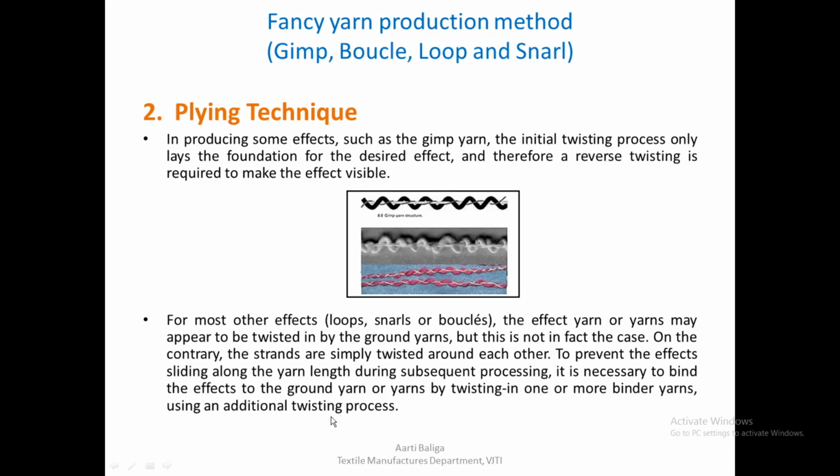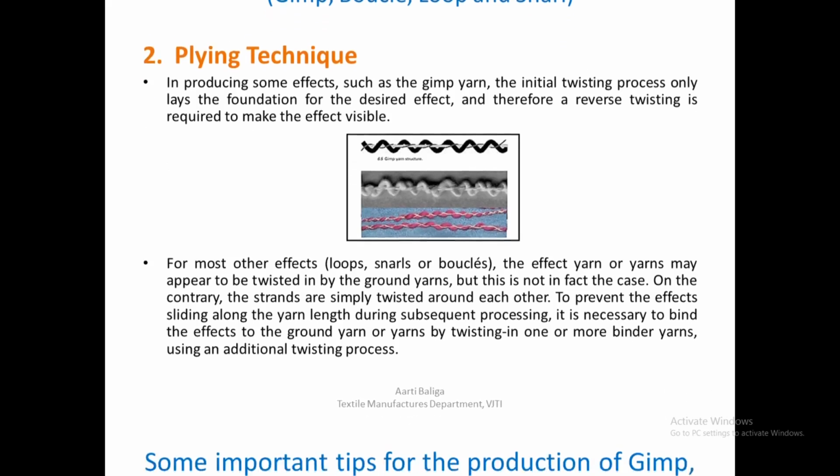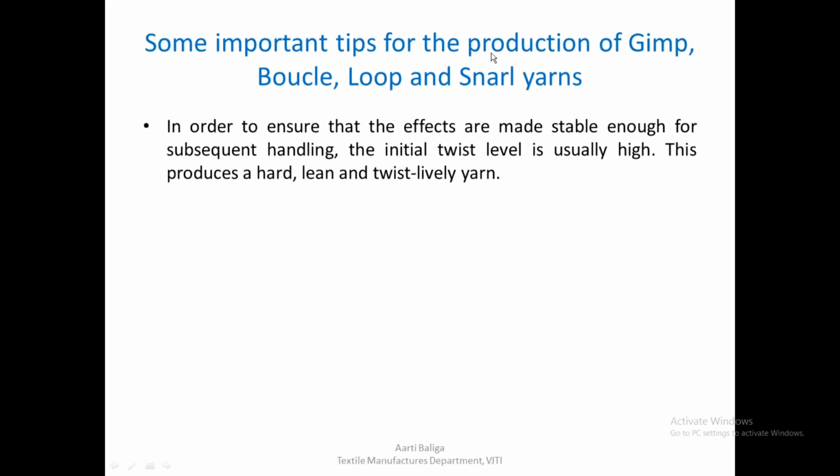So this is an additional twisting process. So we require two stages, one where the ground and the effect is brought together, and the second stage where the binder is made to twist along with the previously made combined yarn, where your effect and ground is brought together. So coming to this, some important tips which we should remember during the production of gimp, boucle, loop